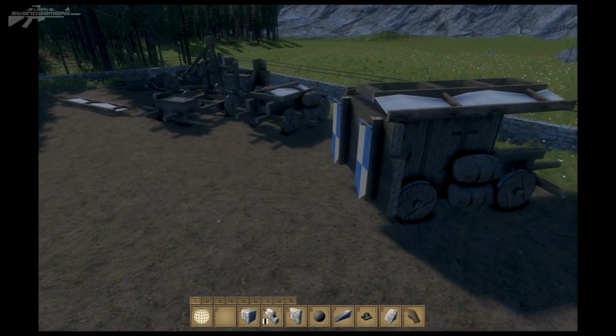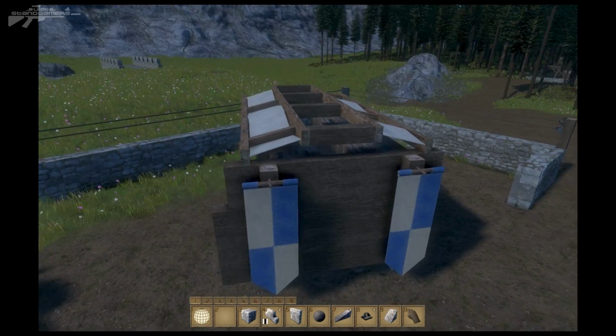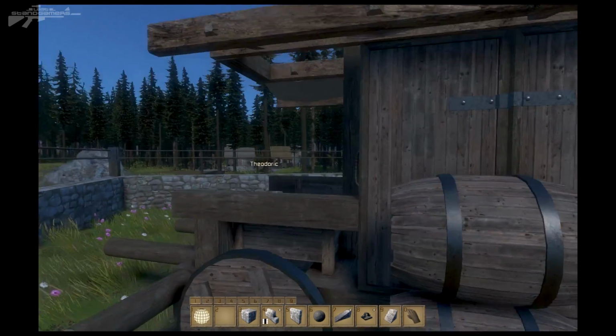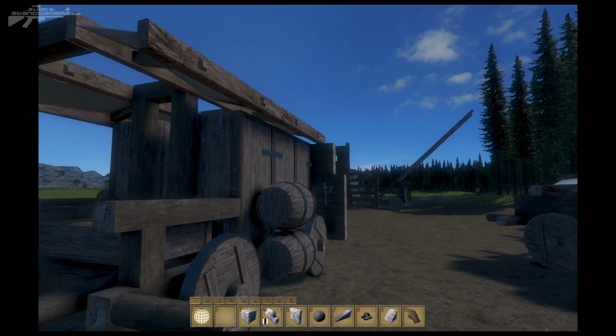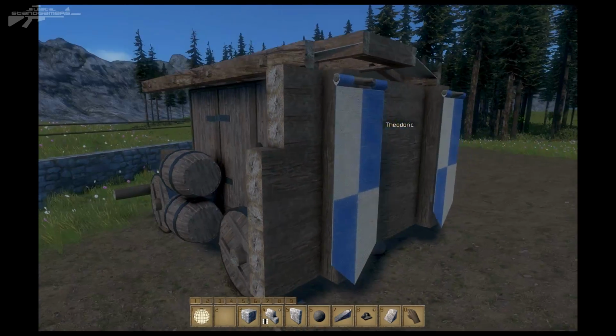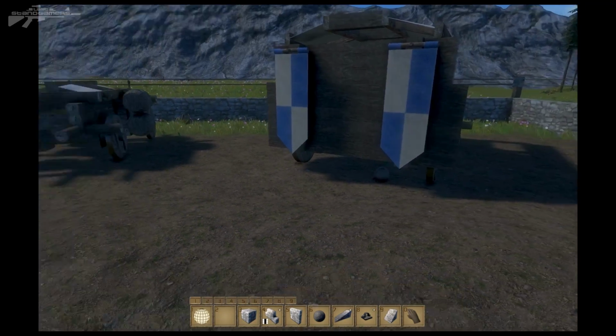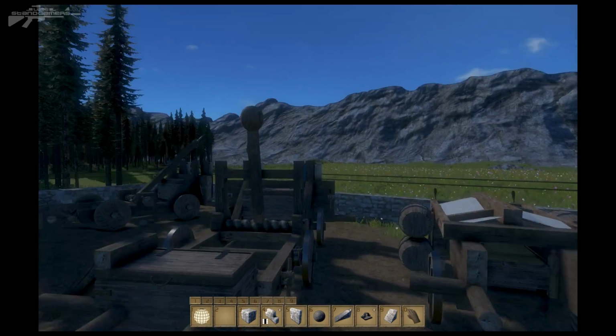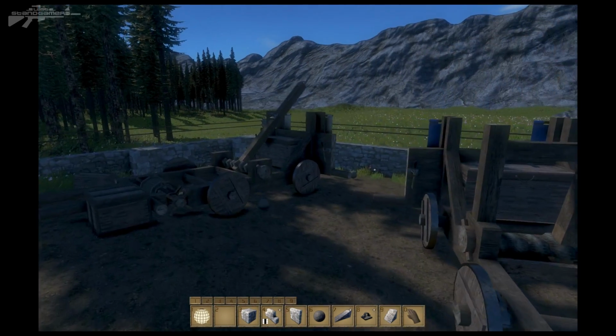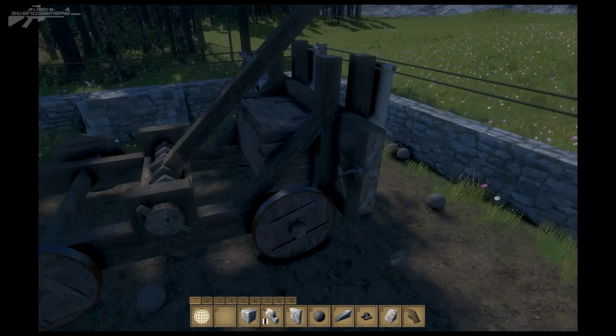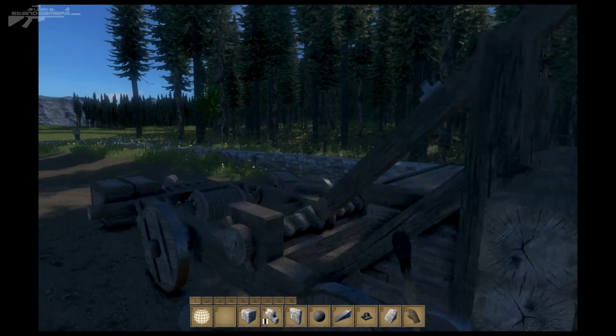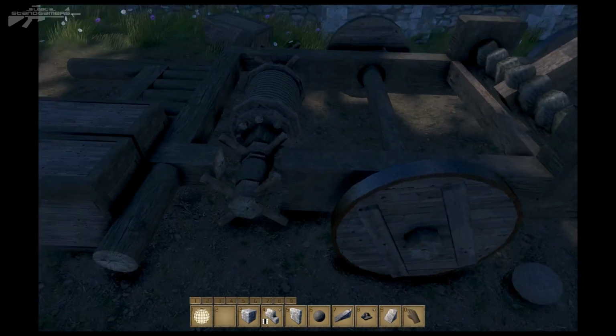So this is the cargo cart, we have the cargo cart small, and these have been designed maybe for some sort of game mode in the future. I'm not too sure, maybe they're just extra static props that the developers can use to enhance scenarios. You can see we've got a smaller cart, we've got a catapult, and we've also got, I think is it called a magnolia? No, it's not called that, that's a flower. Something along those lines, Aaron's never going to be able to pronounce it correctly.